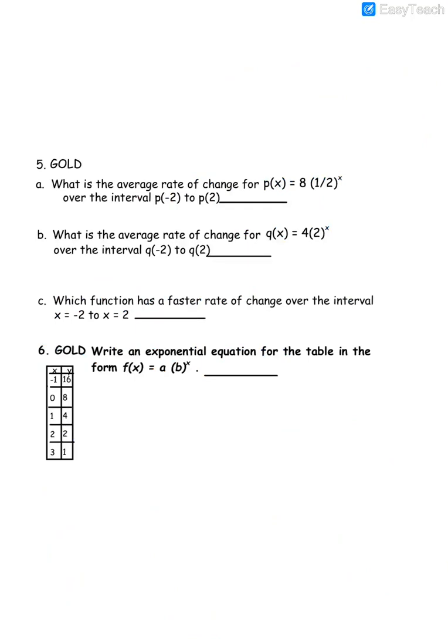So let's take a look at gold. It says, what is the average rate of change of p of x equals 8 times 1/2 to the x from the interval of -2 to 2? Okay, so I'm going to do -2 to 2, and we're going to plug this in our calculator. If I plug in y equals, and then I have 8 parentheses, 1 divided by 2, close my parentheses, caret x, I get, at -2,